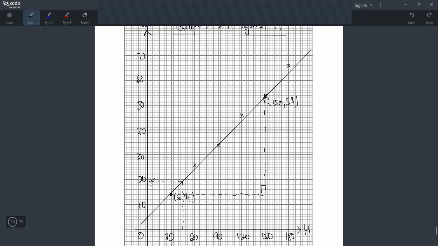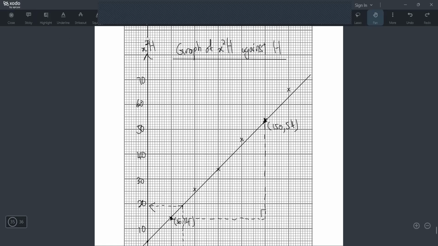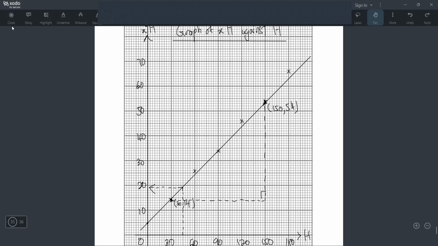But this is not the answer. Because look at this. What is this? This is not x. The y-axis now is what? Is x squared h. So the x squared h is what? 19. 19, not, not the what do you call it? Not the